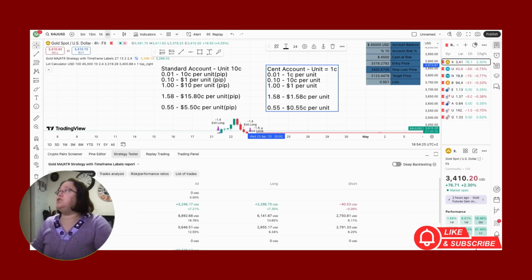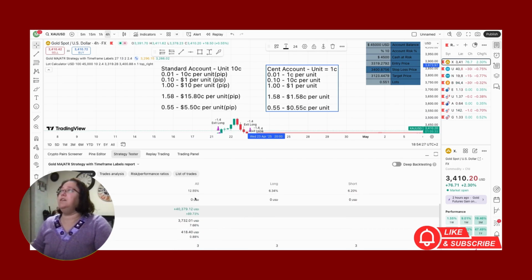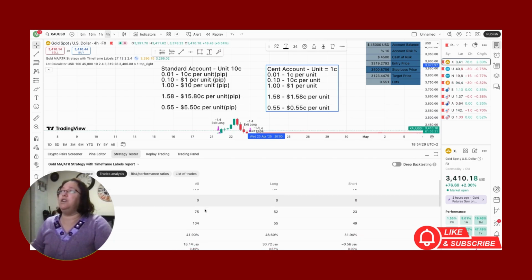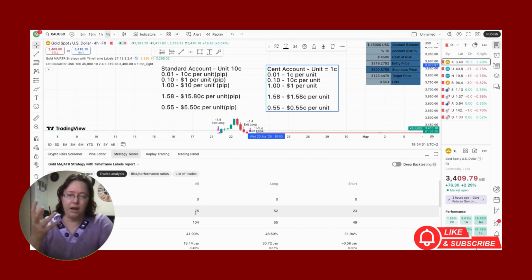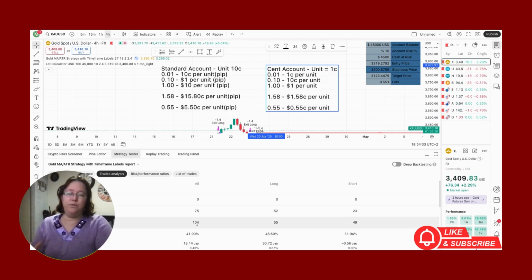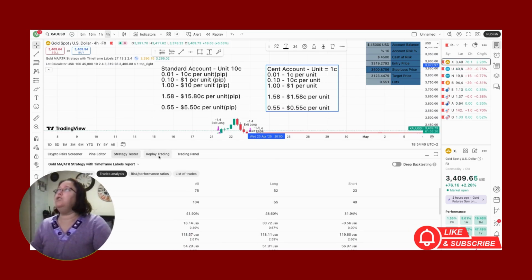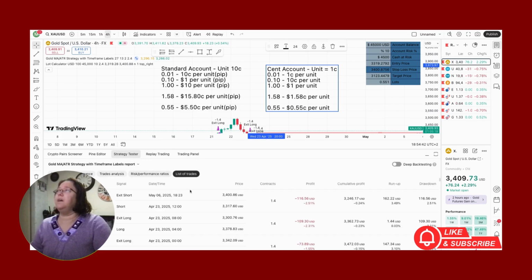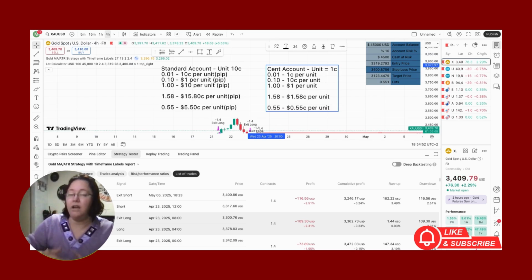If you look at my strategy, under my trade analysis, I have 75 winning trades and I have 104 losing trades. That's what I know. Now, one of the things that a lot of people don't backtest is I go and look at my list of trades. I will go through all the trades and analyze how many losses I have sustained. My biggest losing streak was 5 trades in a row,